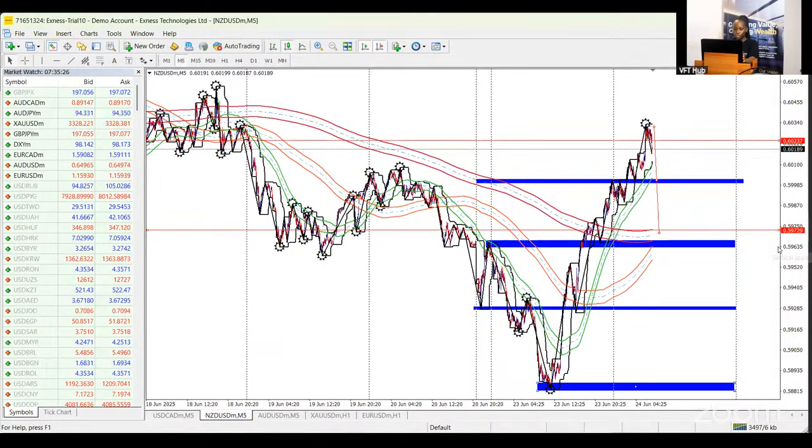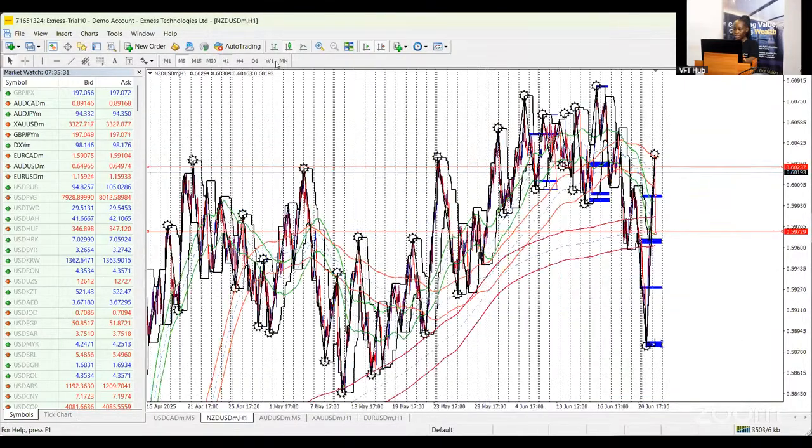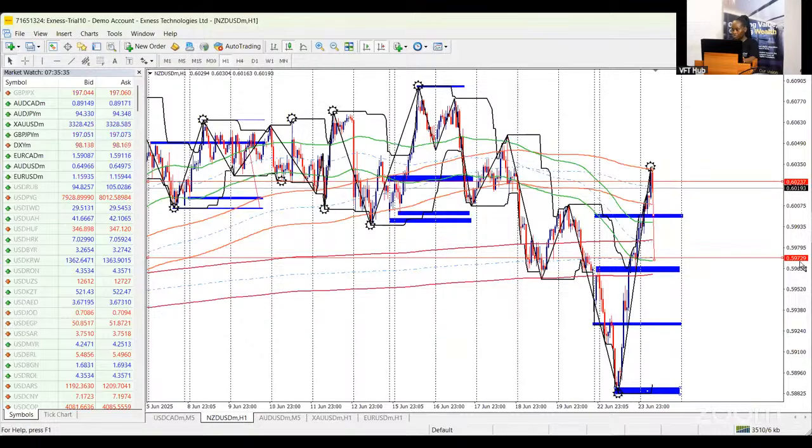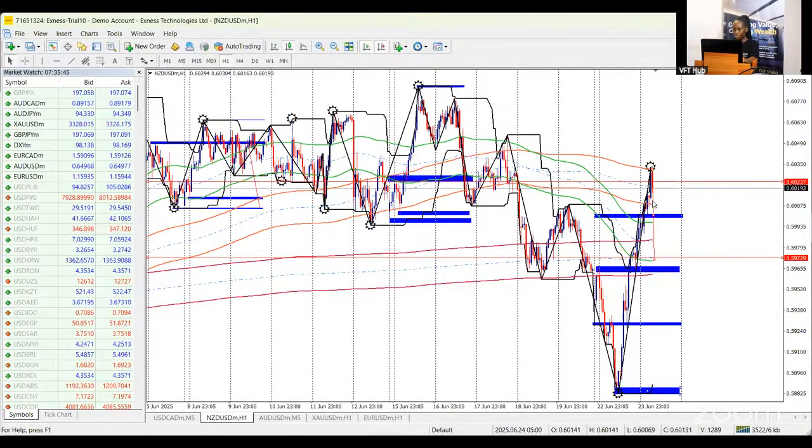So for the sake of those of us who are not students of the VFT Academy, I'll go back to the H1 so you can take note of those levels that I marked out. The first one is 0.59729. The second is 0.60237. This is on the H1 perspective, right? So if price continues to break above, we know that NZD is going to buy. Also bearing in mind that currently it's looking like a risk on play. Safe havens are being dumped, dollars specifically, and money of value is flowing into commodity currencies.